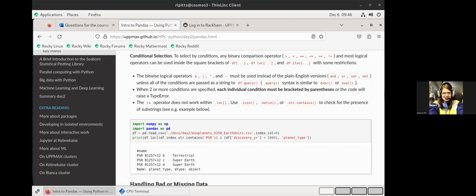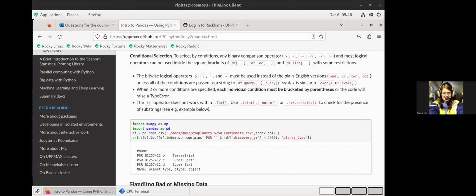And if you have to combine conditions, you need bitwise logical operators, not the plain English versions. Also you cannot use the is operator within these. You have to use .isin, .notin, or .str.contains to check for substrings